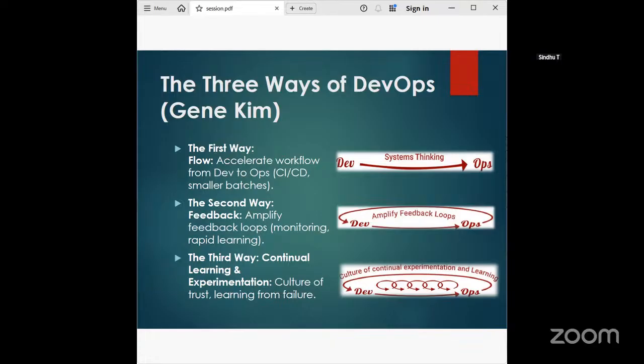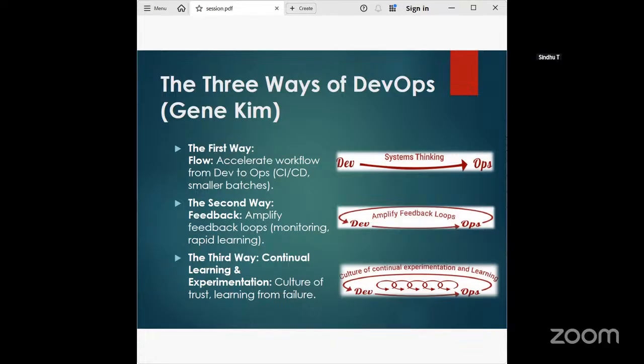And the second way, based on the feedback, you have to monitor and learn rapidly. So, building tight feedback loops. For example, if something goes wrong in production, that information must rapidly flow back to the development team. So the flow goes from development to operations. If anything goes wrong in production, the information must rapidly flow back to the development teams, so they can learn and adopt the changes quickly. So problems in production flow back rapidly, allowing quick correction and learning.